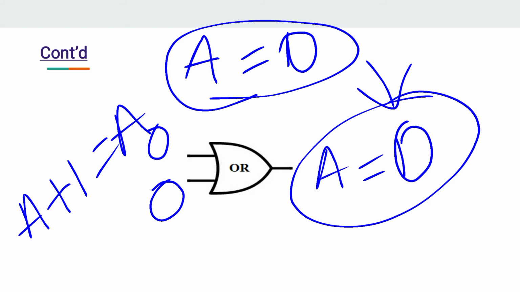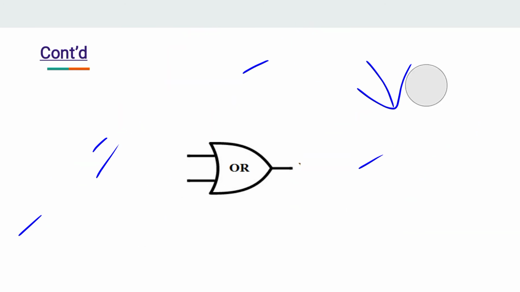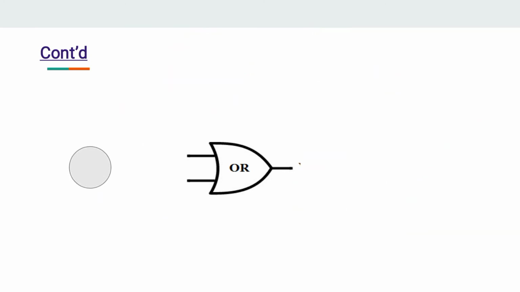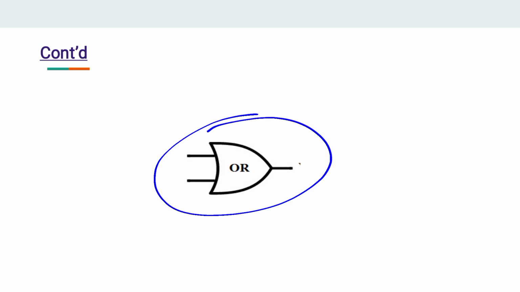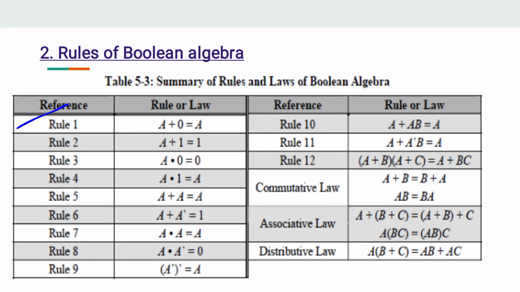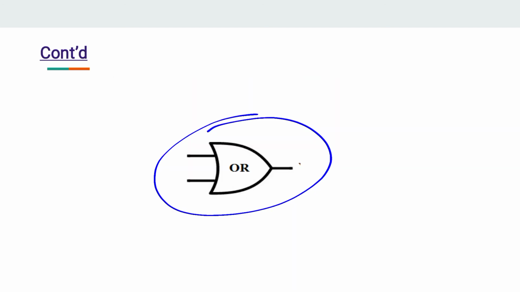So like this you have to prove individual rules when it is asked in the exam. So you have to take OR or AND, depending on the expression. So depending on the expression you have to take this gate. And you can also try for the other law, keeping the OR and AND gate depending on the expression.